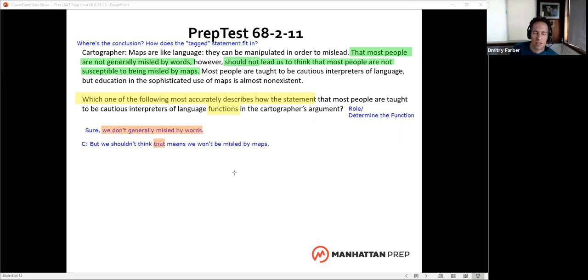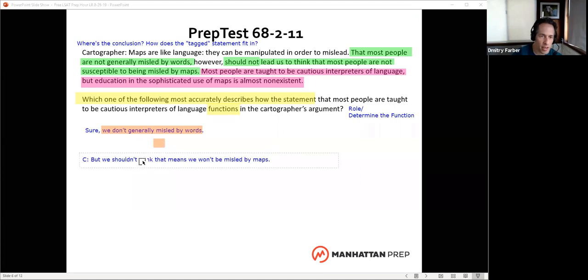Why does the author think this is different? There's a difference in education, right? So they're saying, hey, most people are taught to be cautious interpreters of language, but education in maps is almost non-existent, right? So we can add that part as an additional premise, basically saying,